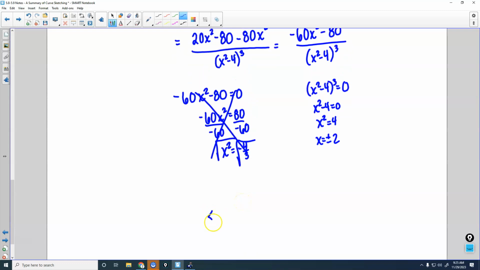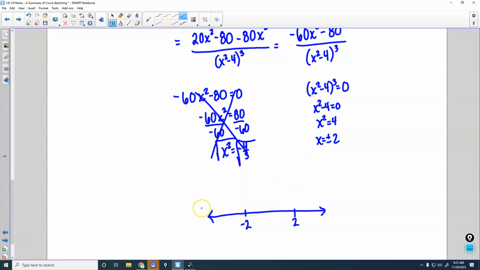So, if we make a chart for that second derivative, I also realize I really did not give you enough room. Should have had another blank slide next to it, shouldn't it? Yeah. Alright,